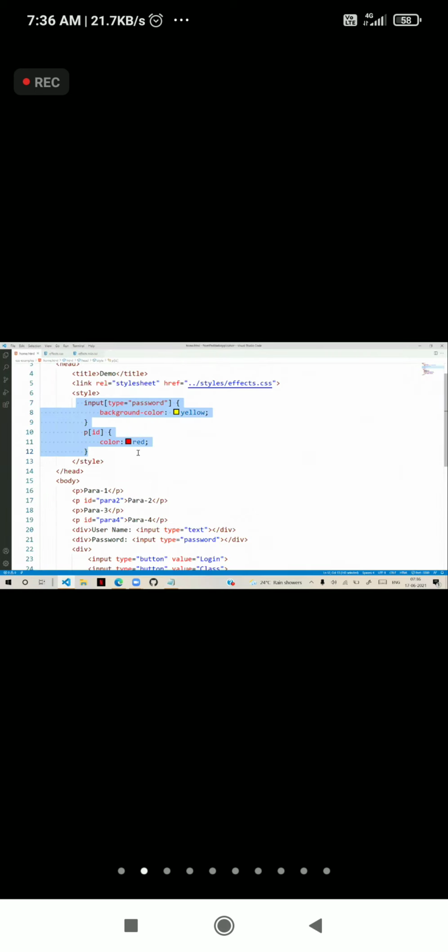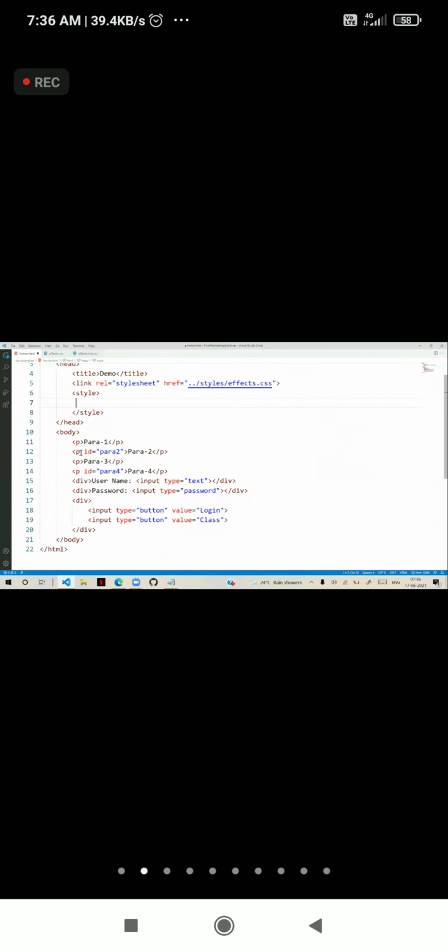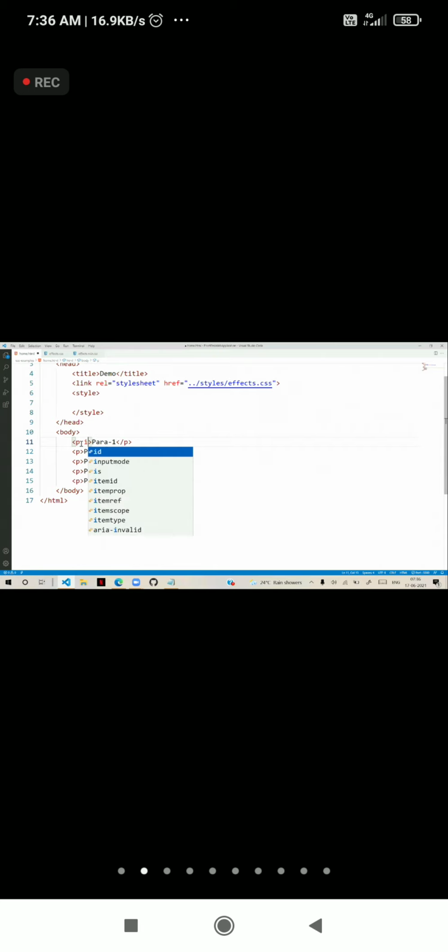Suppose I am writing some paragraphs. So para 1, 2, 3, 4. 4 paragraphs are there, and some para 5. Now for this we are giving ID or class, you can write anything. Class is equal to effects. Another class is effects para.